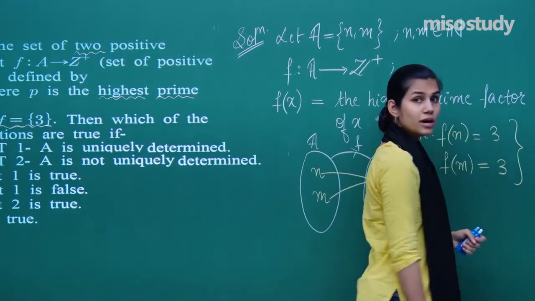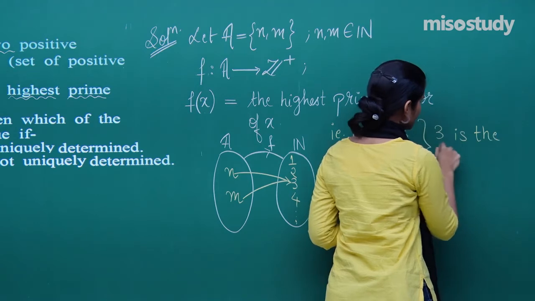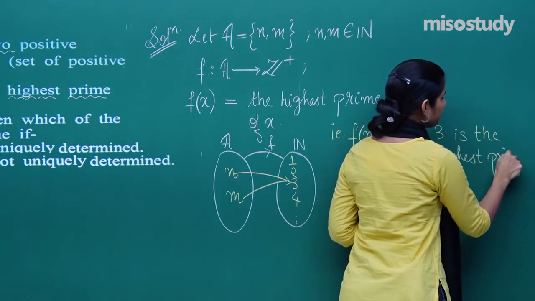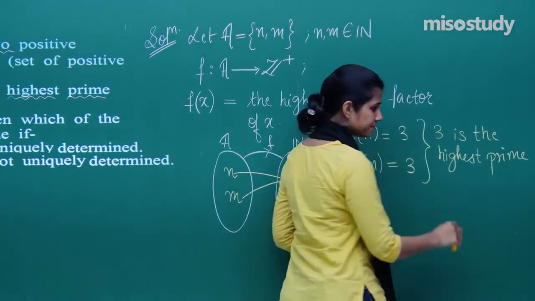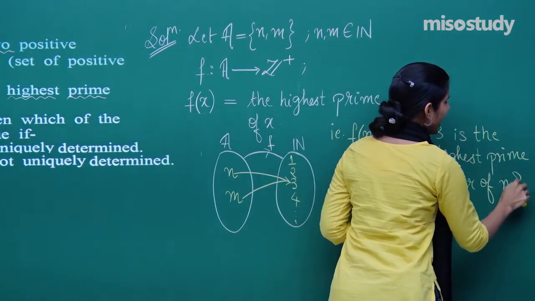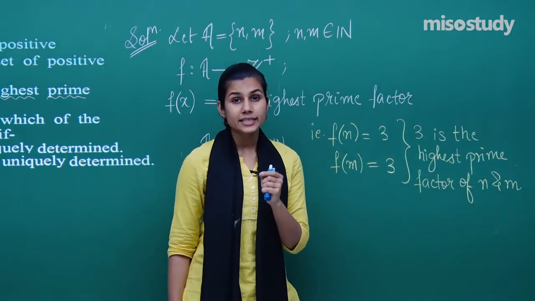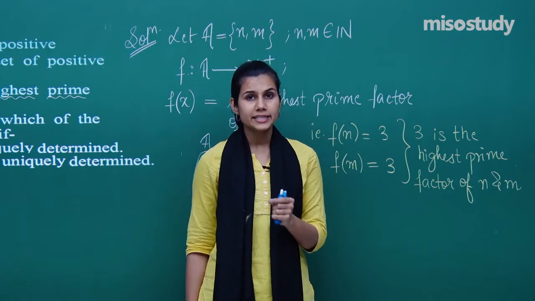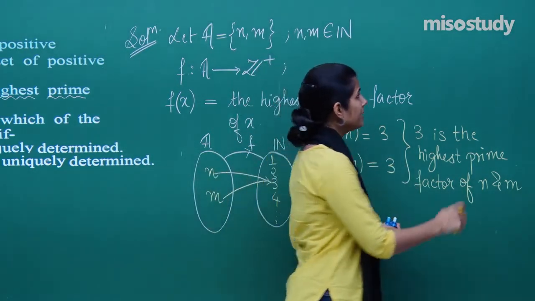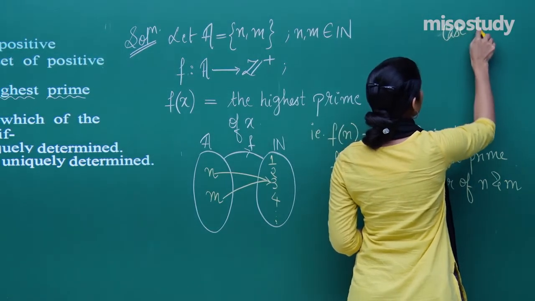So, from these two, I can say by definition that 3 is the highest prime factor of n and of m. So, if n and m are distinct from one another sitting inside set A, then 3 is the highest prime factor of n and m. Implies, if I take this as case 1,